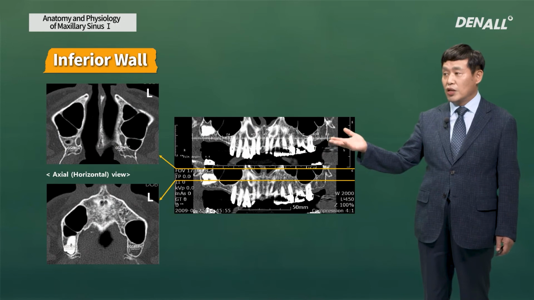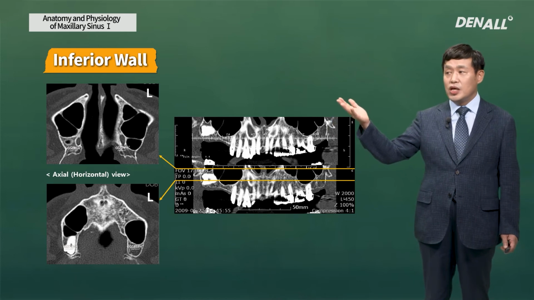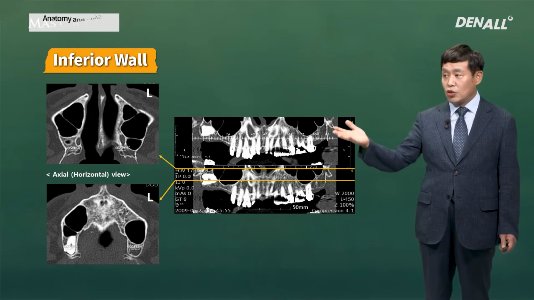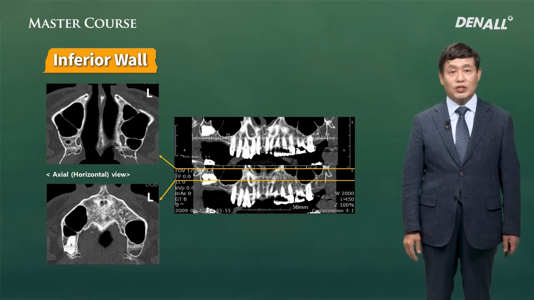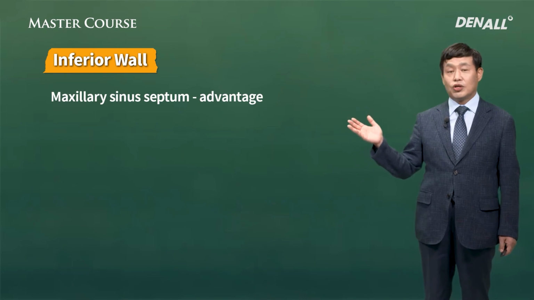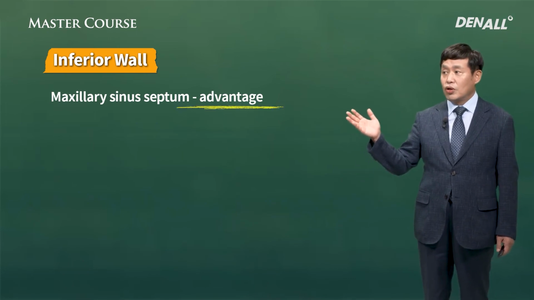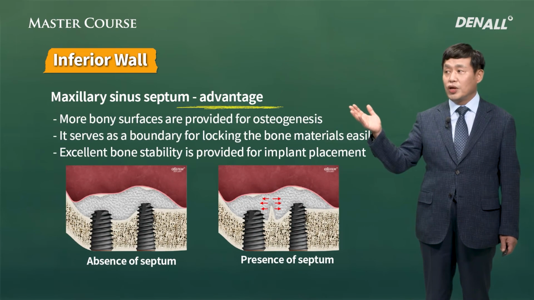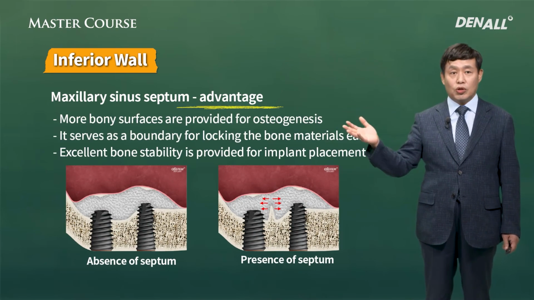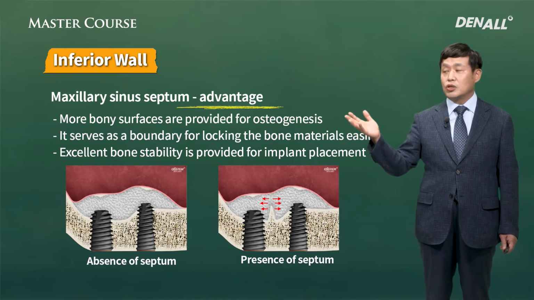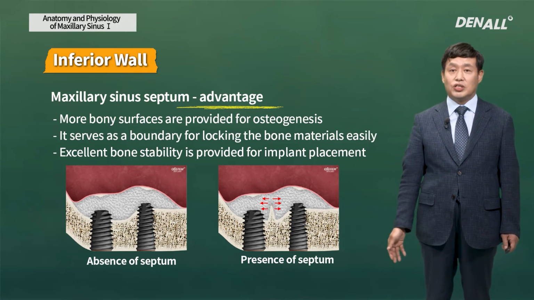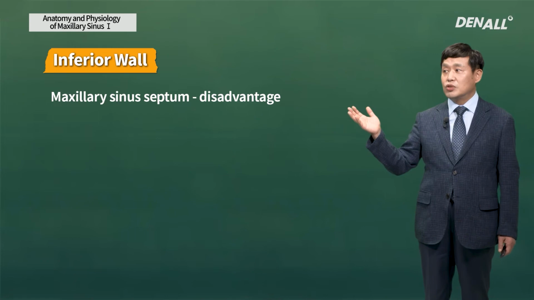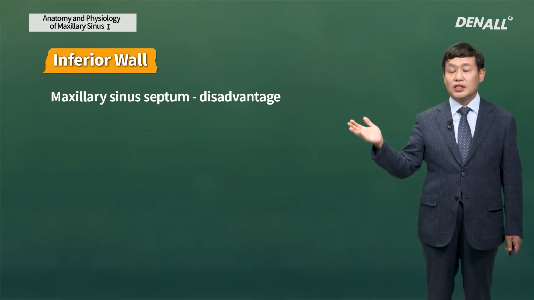In this case, in the axial section, 2 or 3 compartments are observed, or they are combined together, depending on the axial view. The septum has advantages too. When you place an implant, it can provide more bony surfaces for osteogenesis. That's an advantage, and it helps implant stability. However, in general, the septum works as a disadvantage,